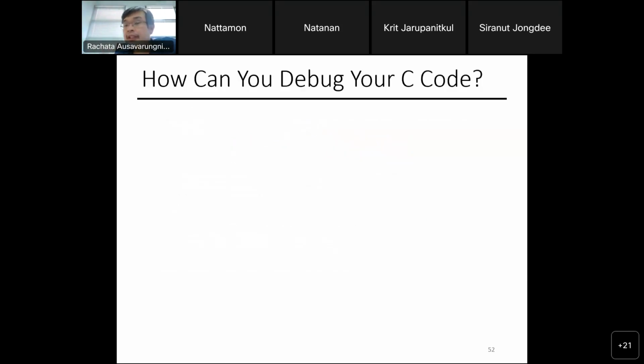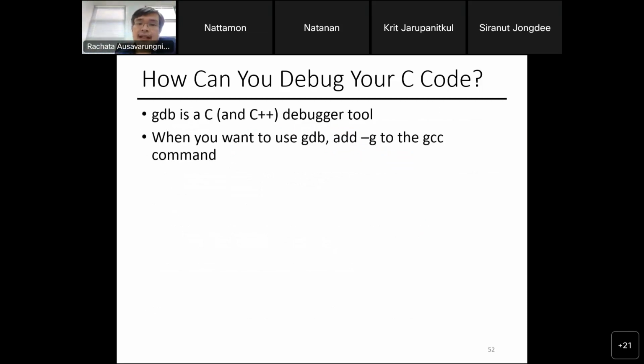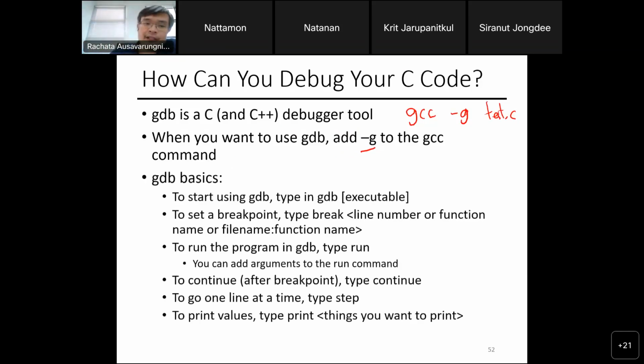The next thing I really need to talk about is GDB, the debugger tool. This will be useful for assignment 2 and assignment 3. GDB can be invoked by adding the -g flag, right? So you can do gcc -g test.c. It would create the executable, the program that you can run, but that program becomes special because you can then run gdb and then the executable, for example, gdb a.out.